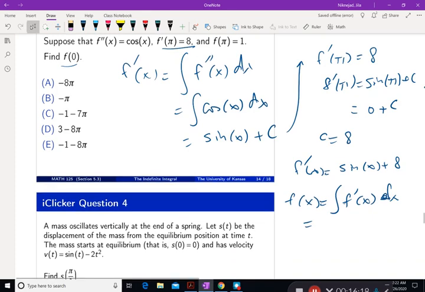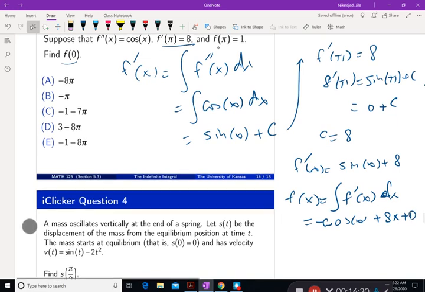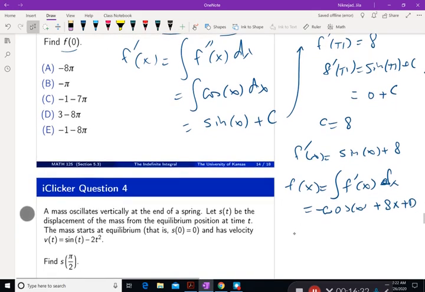The antiderivative of sine is negative cosine, plus 8x plus d. Now plug in that initial value, f of pi is equal to negative cosine of pi plus 8 pi plus d,